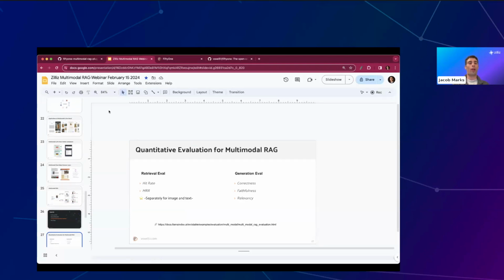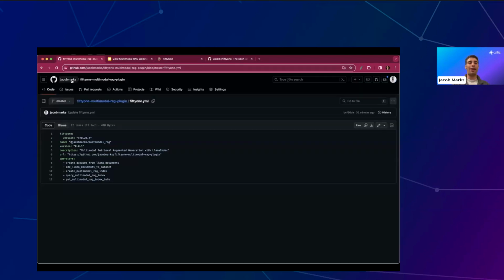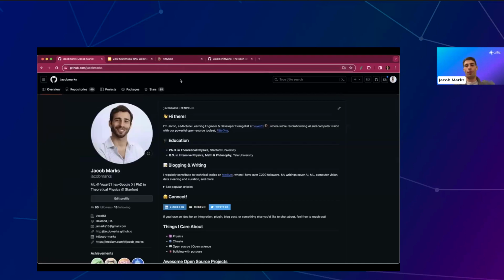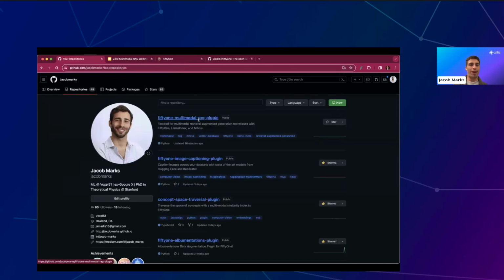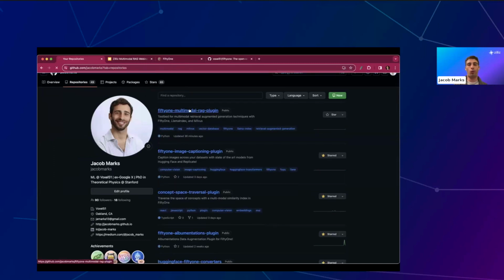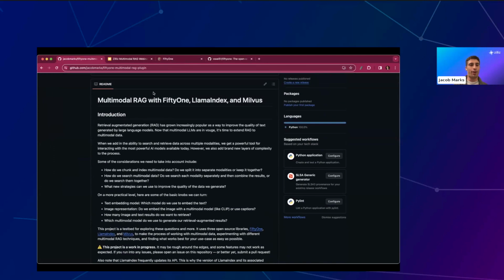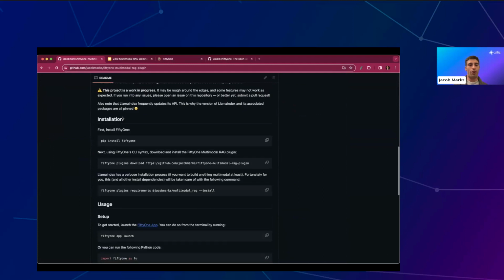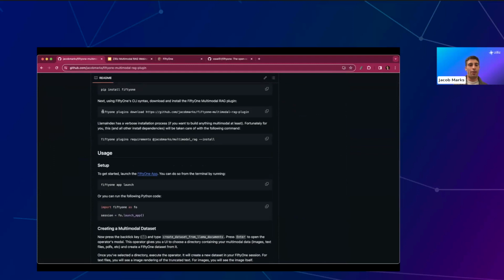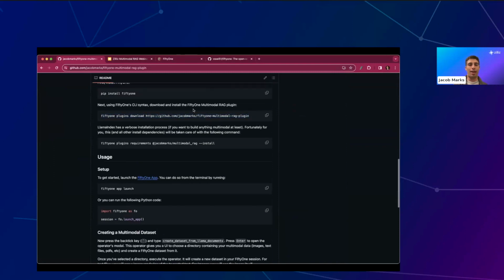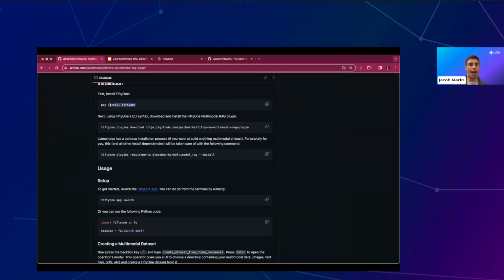So what I'm going to show you today is somewhat of a wrapper that allows you to basically play around with different multimodal RAG pipelines. And this is where it exists right now on GitHub. So you can install it by doing this command right here, fiftyone plugins download, and passing in the name of this GitHub repo. So I'm going to put this in the chat. First, you're going to want to pip install fiftyone.